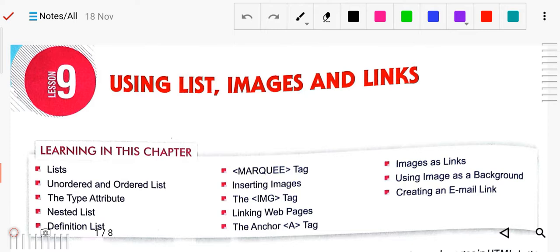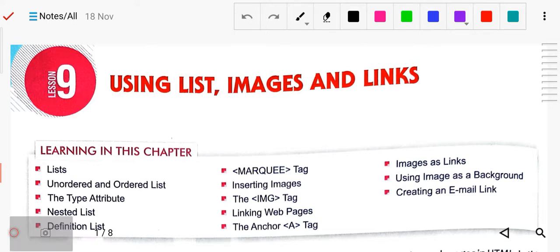In the previous class 6, we studied HTML and its introduction. In that chapter, we studied the tags. There are types of tags: container elements and empty elements. If it is an empty element, that tag should not have a closing tag. If it is a container element, it should have a closing tag.